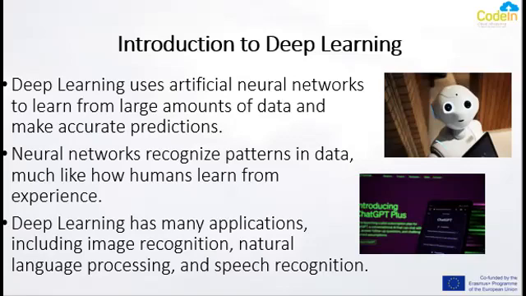In the same way, a neural network is trained on a data set of examples, and it learns to identify patterns or features in that data. Once the neural network has been trained, it can make predictions or decisions about new data it hasn't seen before. There are many applications of deep learning, including image recognition, natural language processing, and speech recognition. It's an exciting field that is still evolving, and there's a lot of potential for it to revolutionize the way we solve complex problems.